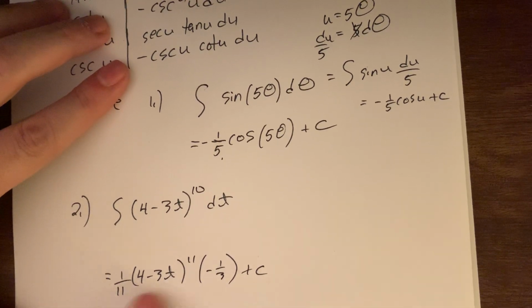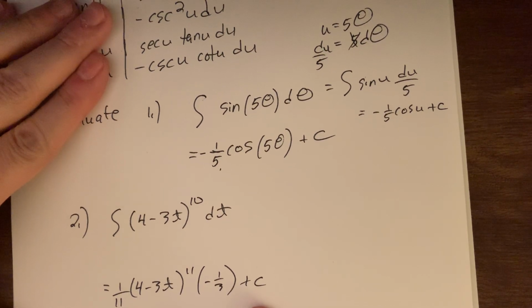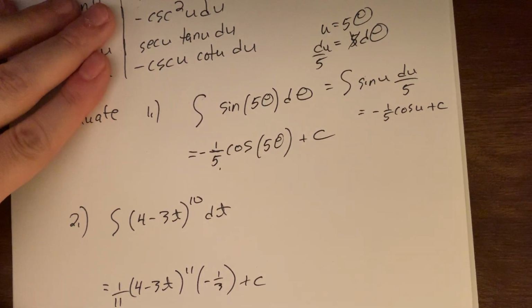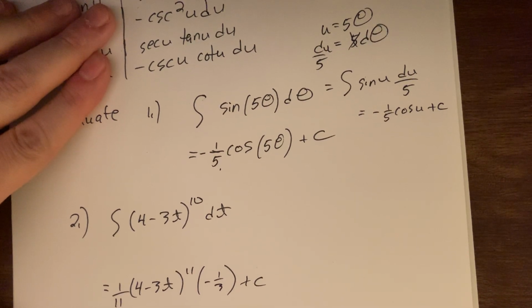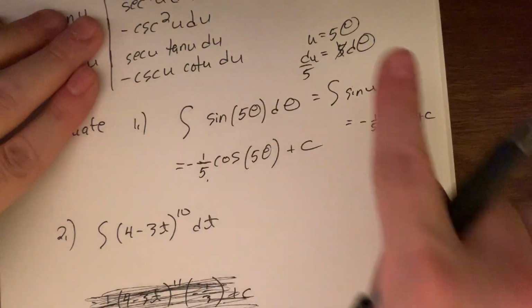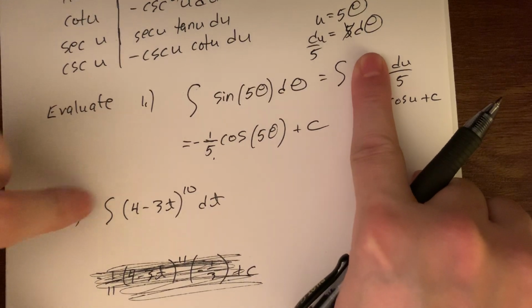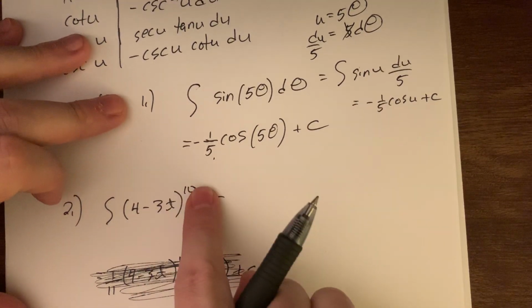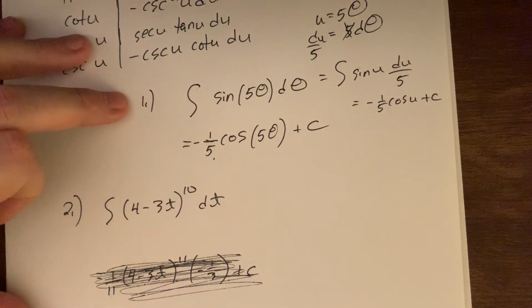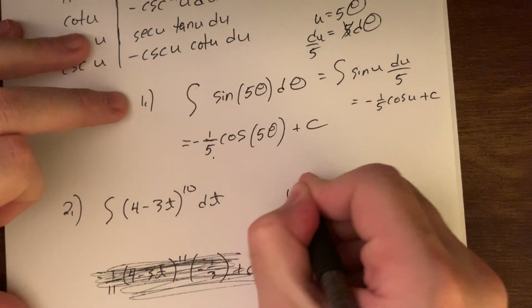And I could clean that up a little bit, but again, I intentionally am trying to show you that's not easy. And there's a lot of, well, this has to and could, but it's not a set in stone idea. So while this is correct, I'm going to cross it off, scribble it out of the way, and let's do it using a u substitution. So even though this one is not that bad, it still has inner outer. It doesn't have any extra multiplication or division, but it still has inner outer. So let's pick u